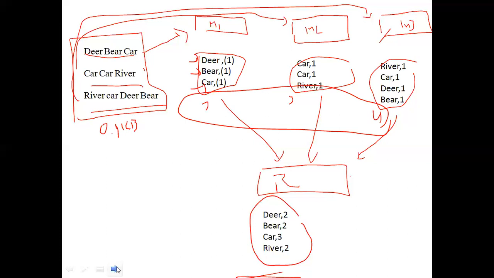Clear? When we come to real time, for which files do we have to use Hadoop? Actually, we have to use Hadoop for larger files. The main theme of Hadoop is that we use it only for large data sets. Whenever the data is very large, only then we go for Hadoop. For smaller files, Hadoop is not suitable. Hadoop is recommended only for huge data sets, that means if the data is 500 GB, 1 TB, 2 TB, like that.